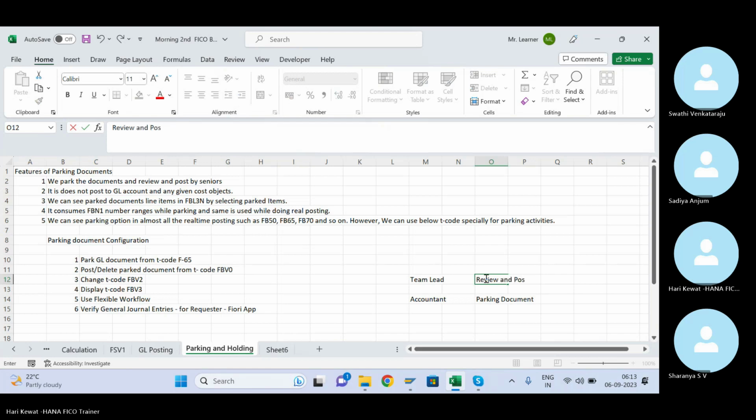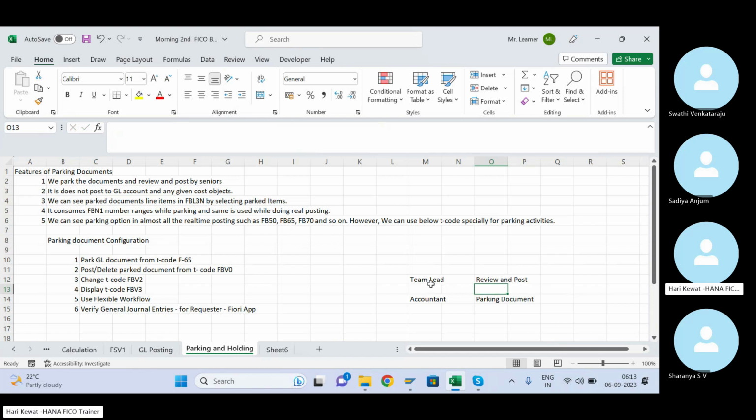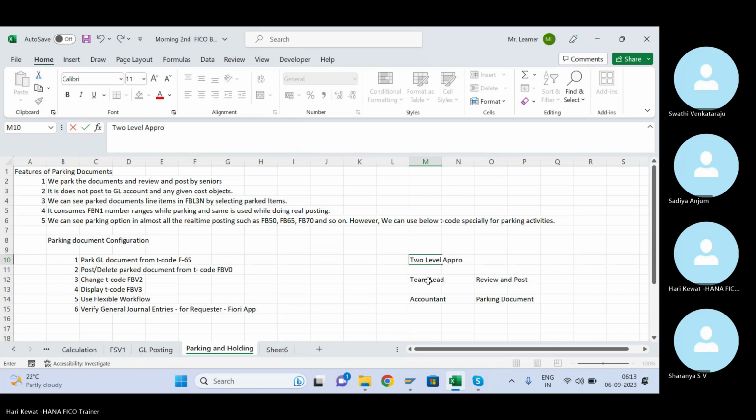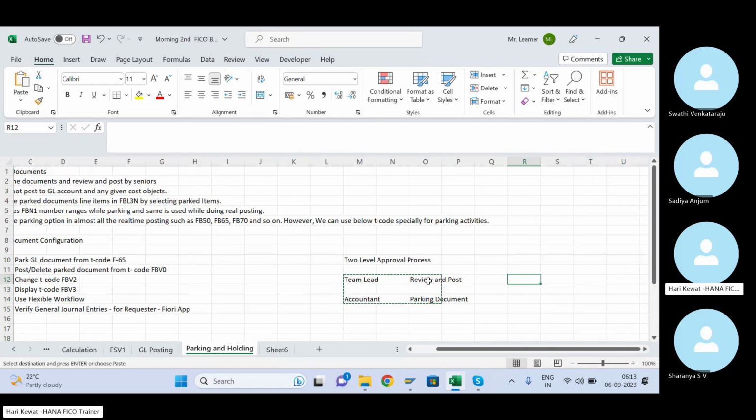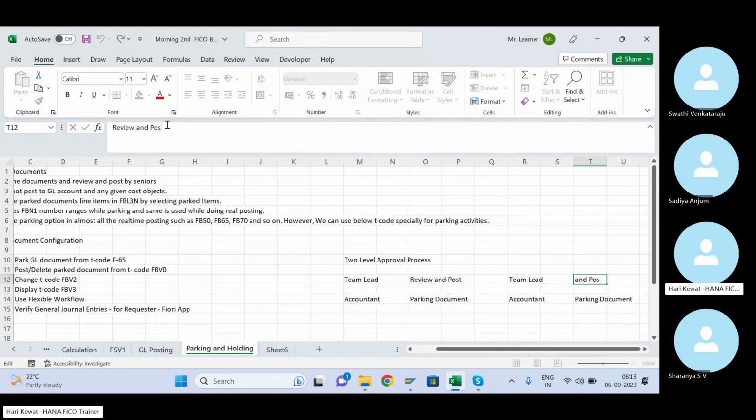Or if you want three layers, then this is a two-level approval process. You can build a three-layer approval process also. It is up to your client. So here this person will also review and approve.